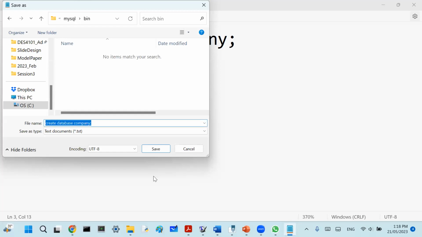Note that when I save, I'm using double quotes. Make sure that it will not save it as a text file. So I'm going to say okay, company database.sql. So the name I have given is company database.sql, and I will save it, right? Now that I have saved,